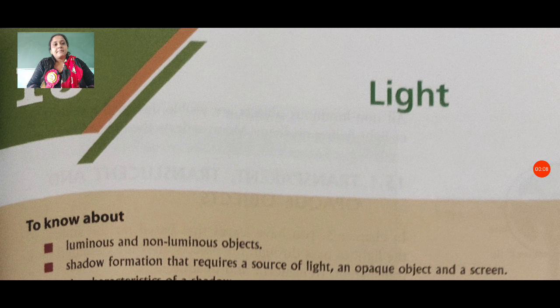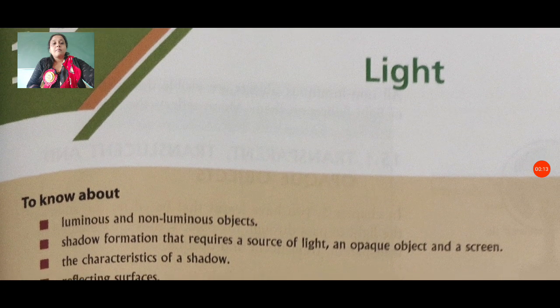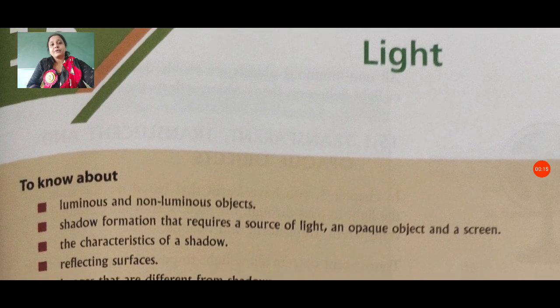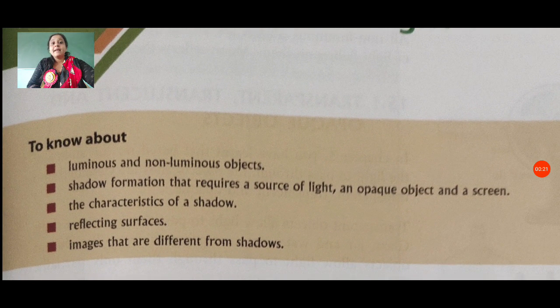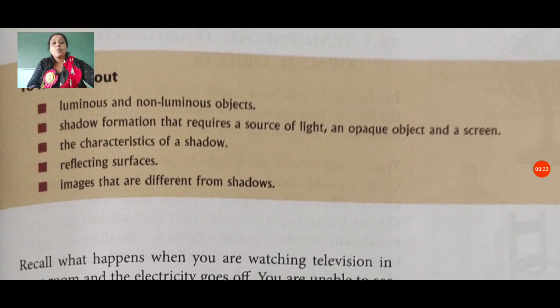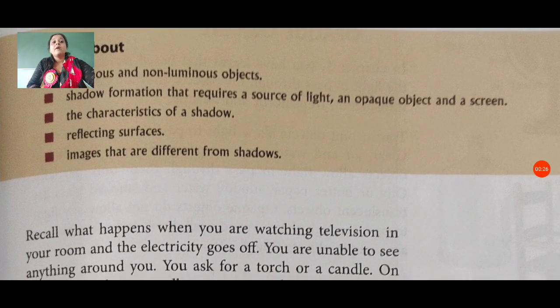The name of this chapter is light. In this chapter we discuss light and how light is useful to us. Without light at night we cannot see anything. During the day, the sun always gives us light. With the help of the sun we can see, because we get light from the sun at day, and some electric equipment gives us light at night, and because of these things we can see anything around us.